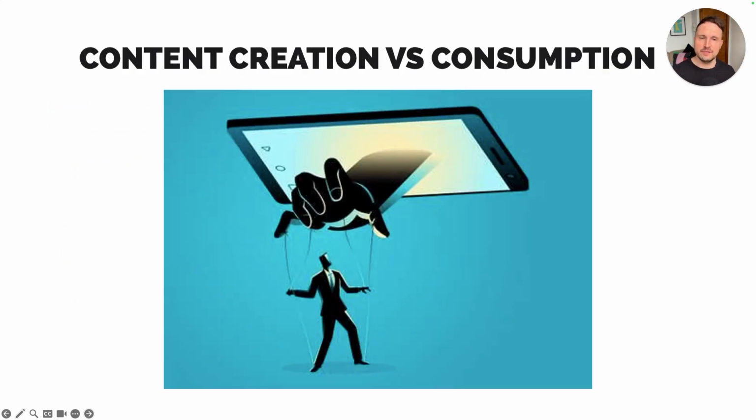This is a mindset shift, and I want you to think of social media as something that you are going to do as a conscious content creator. You're not going to see it as a waste of time, something that is just for kids, something that you consume and just scroll through. You're going to change that mindset, get off that never-ending scroll, and instead of social media using you, you're going to use social media and play an active role in getting business by creating content and being proactive.